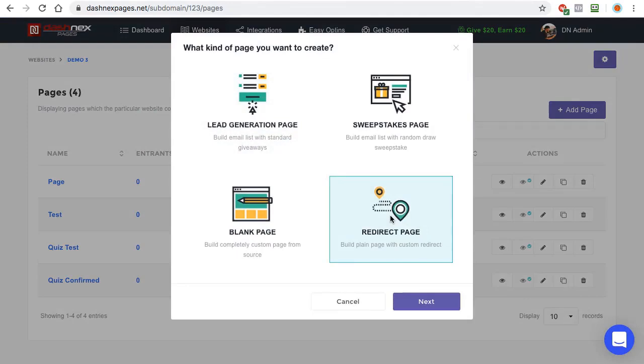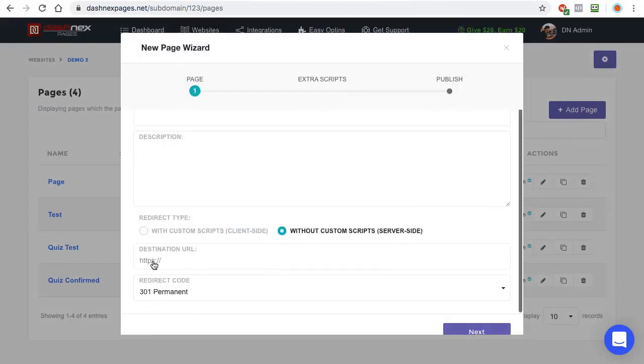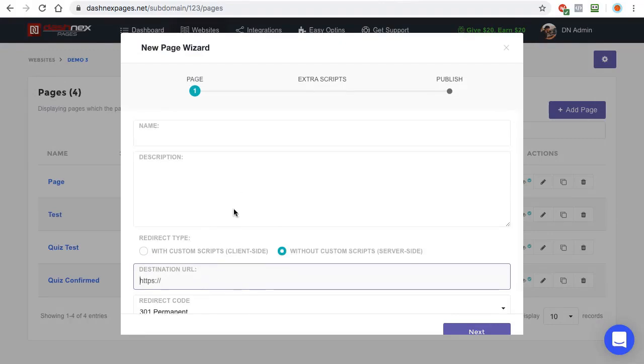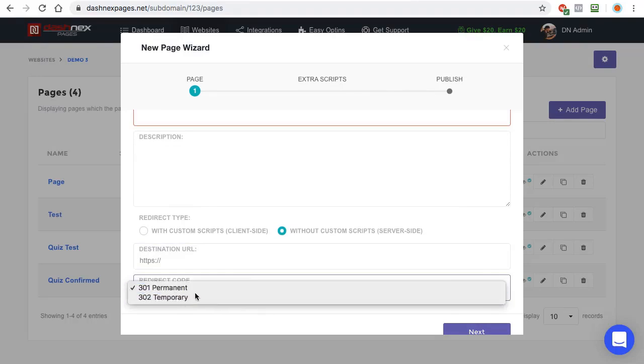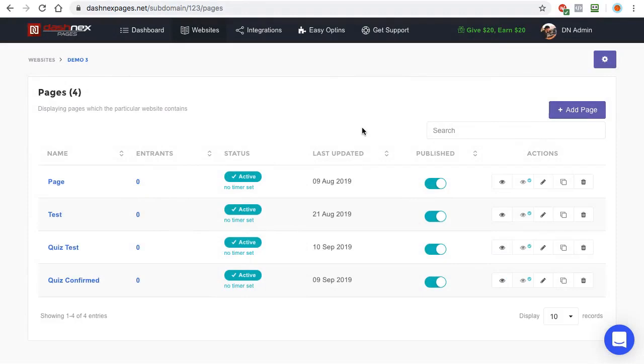And redirect is something that's really necessary, and most platforms don't really support it. If you buy a domain name and you have an affiliate link, you want to have that affiliate link cloaked with your own domain, right? For that, we have the redirect page. So you just copy and paste your destination URL, for example, a ClickBank link or whatever the link is, and you just set up the redirect, right? And it's going to be with your own domain. And that's the beautiful thing, right? So it's a very simple solution,